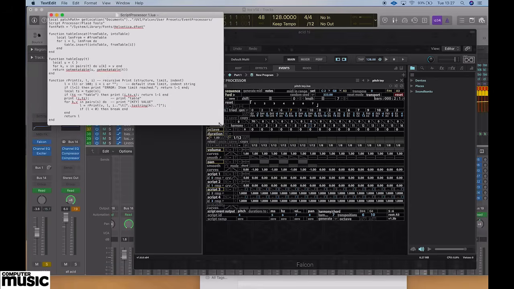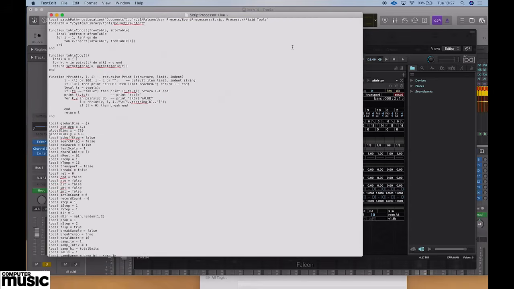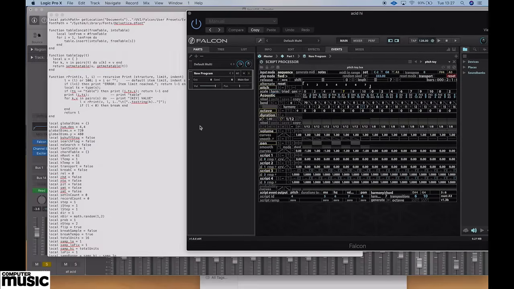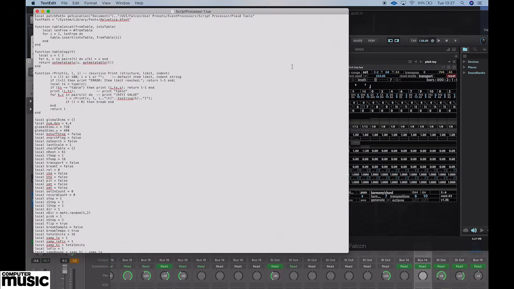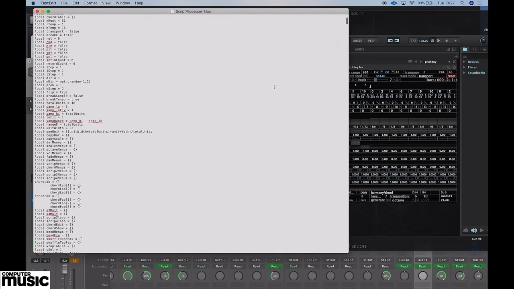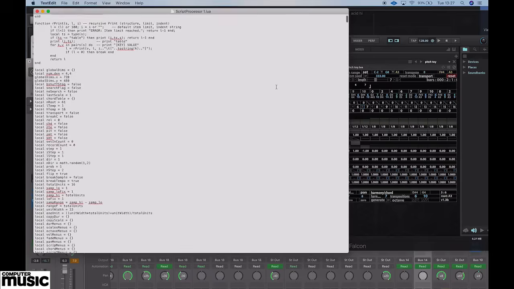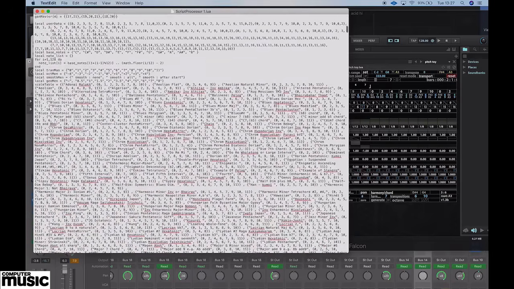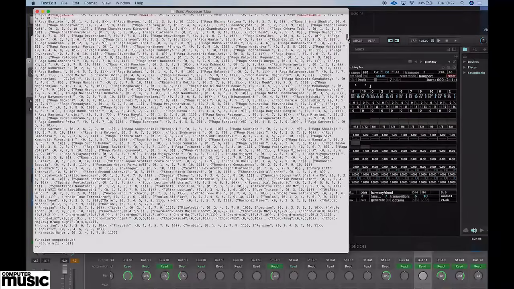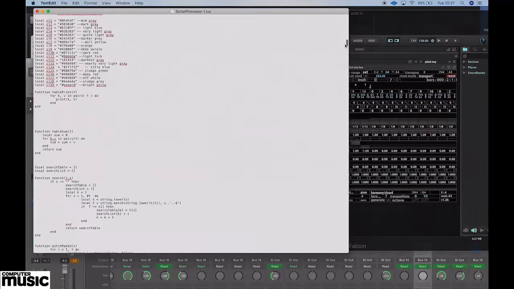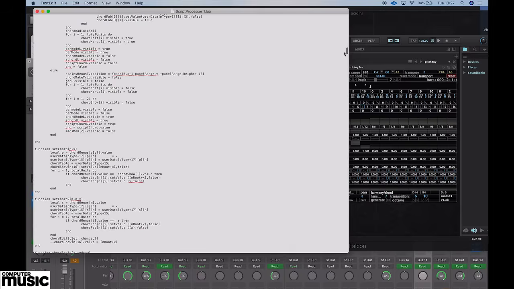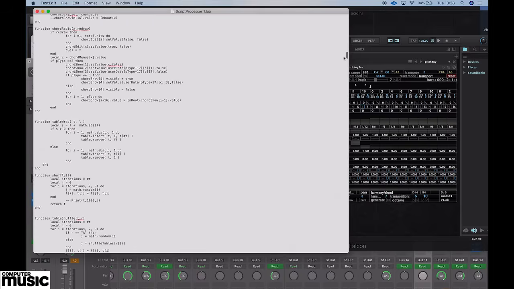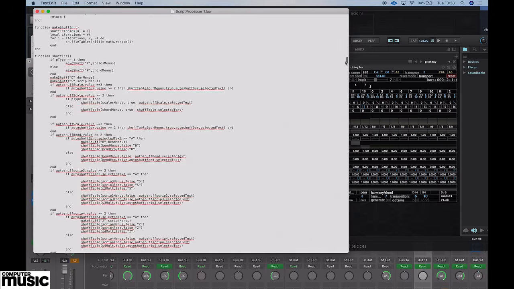So this is a script. This is the Lua script that relates to this interface and this sequencer. I won't spend too much time showing you the actual codey part of it, but you can see it looks like a bit of JavaScript if you've ever seen that online. At the top, really, you're building a user interface, and then as you go down you're starting to build the sequencer aspects of it, the timing parts,